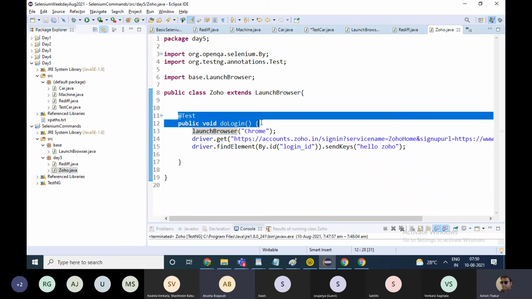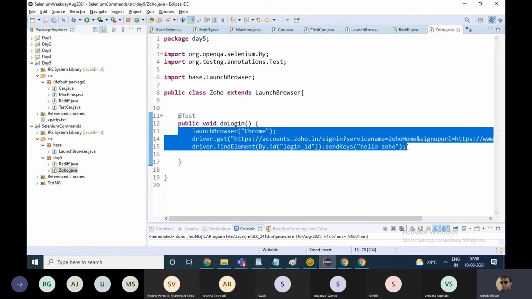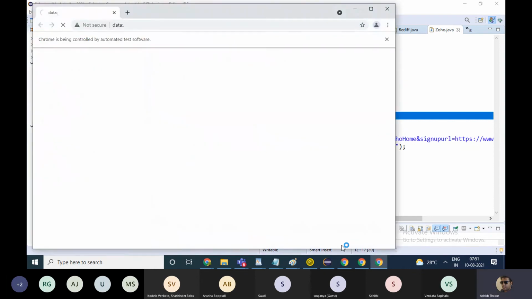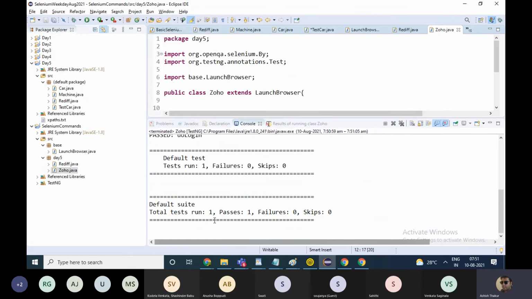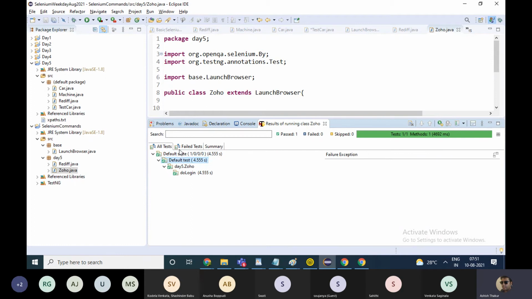Yeah, if you use TestNG @Test, this is also one execution point of the program which can be executed. This test case will start executing and the code inside it is analogous or equivalent to the main function. The only thing is that when you use this @Test annotation, it works as a test case, and in the end you get an output like this: we executed one test, one test passed, and failures are 0. You can also see the results of running the test over here in green.